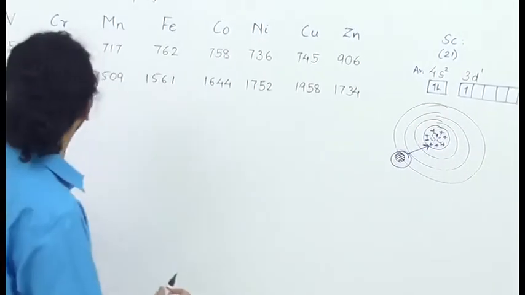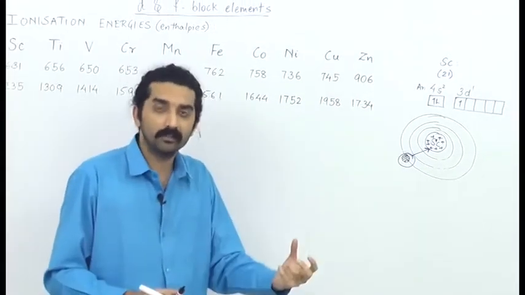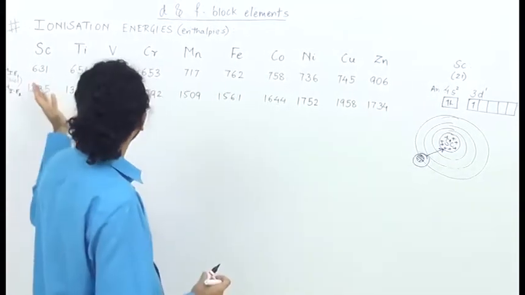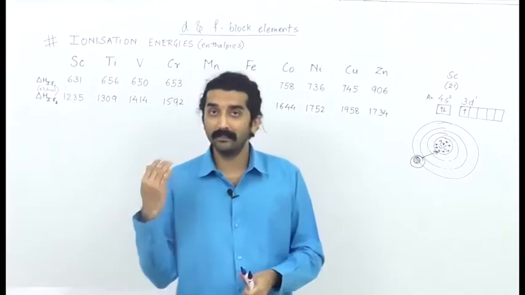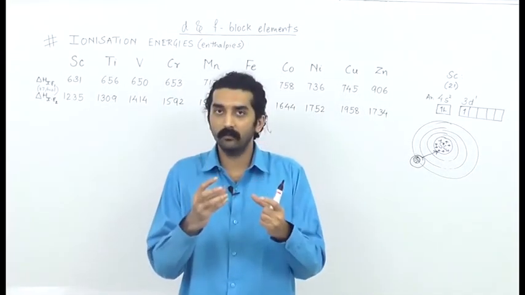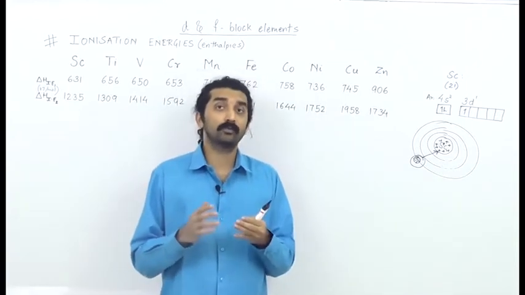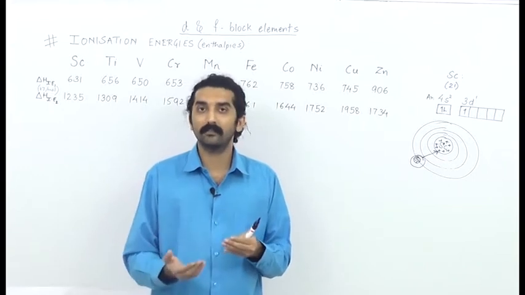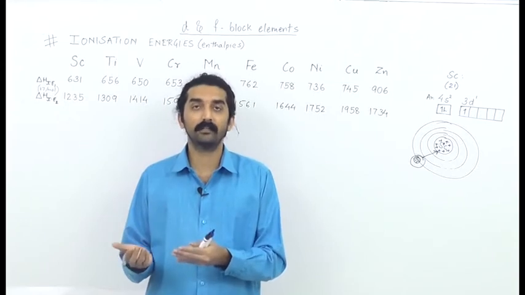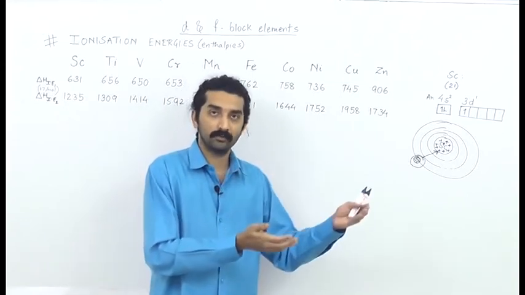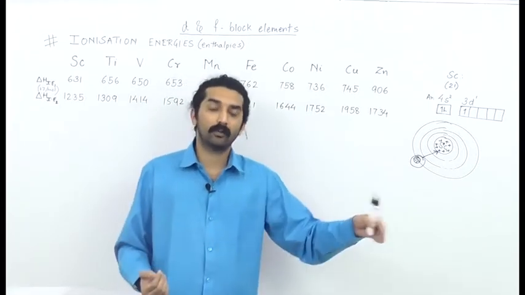And hence, as we go from left to right, it is more and more difficult to remove that electron, and hence more energy is required to remove that electron, and that is why you can see an increasing variation. Although, let me tell you right now that this variation is very much clear in the earlier block elements that you must have learned. Basically, in the second period, which starts from lithium, then beryllium, boron, carbon, and so on till fluorine, and the third period, which starts with sodium and goes on till chlorine.